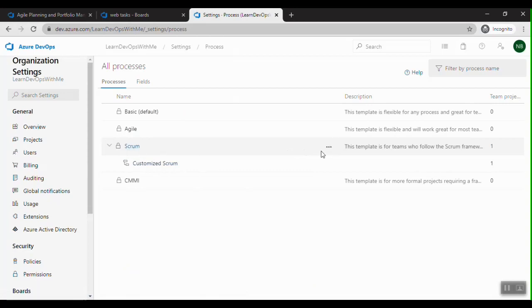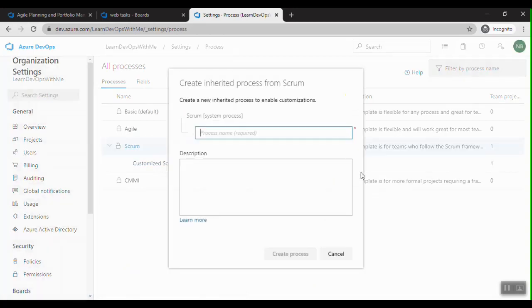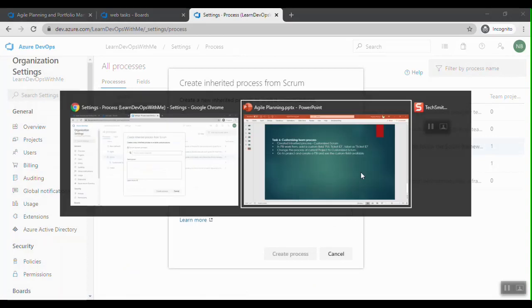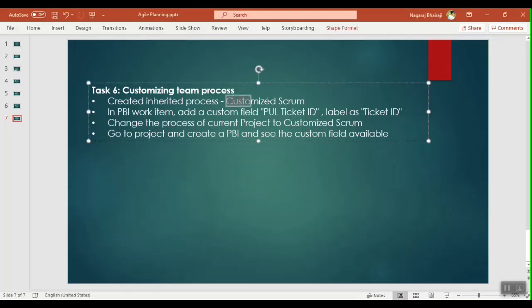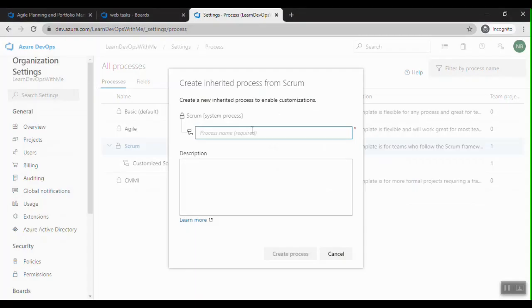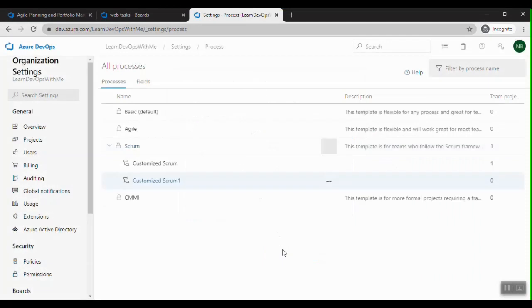From the Scrum process, I'm going to create an inherited process. So let me click here and name it as customize Scrum 1, and I can give the description about this. Let me create the process.